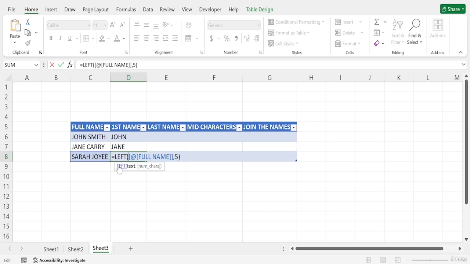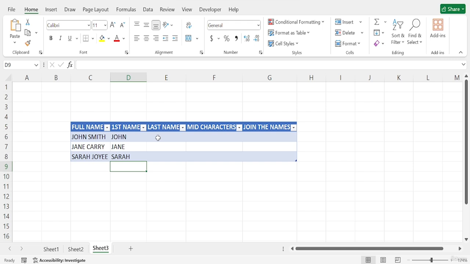If I add 4, it applies to the other rows as 4 letters. If I select 5, I accept 5 letters, and it is applied to all the other full names.